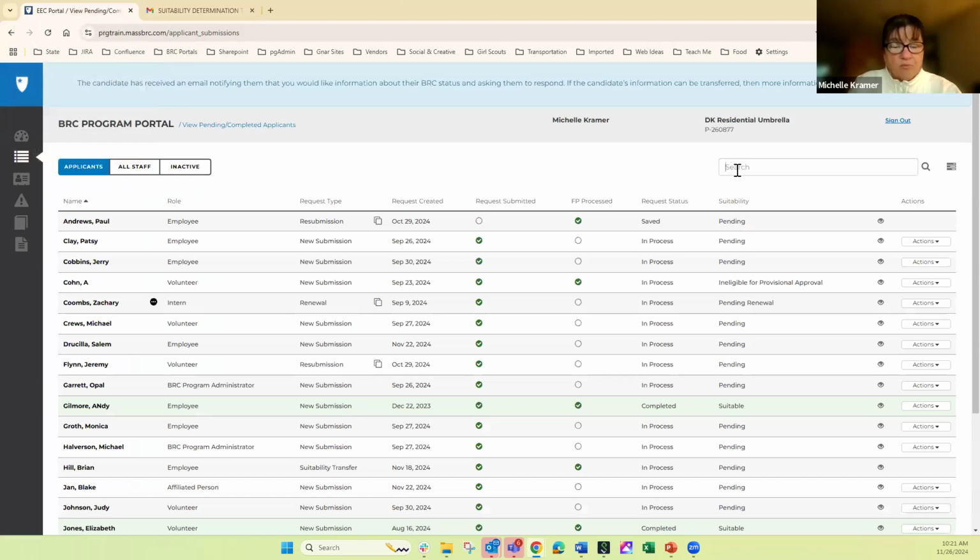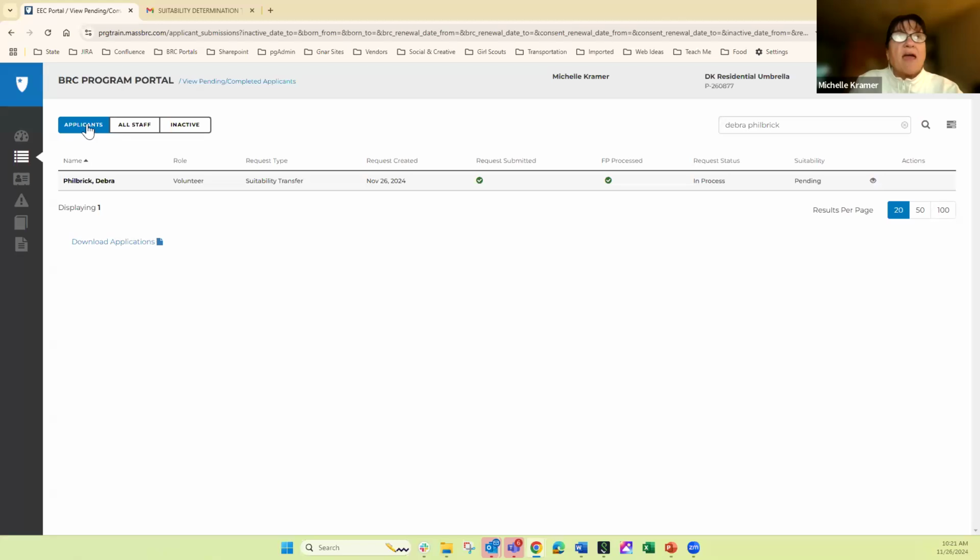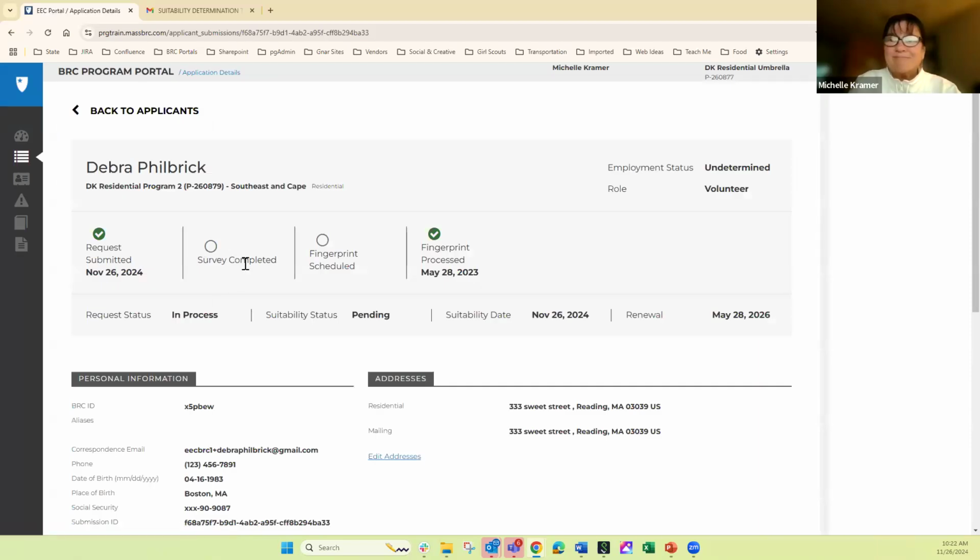Now, Deborah Philbrick, we can see, is sitting on our applicants tab because she's not currently working for us. She's not a renewal or anything like that that would have her on the all staff. And we can see here that her request has been submitted. She's previously had a fingerprint processed. She's in process. If you want to check on Deborah, you can click here and you can see Deborah hasn't